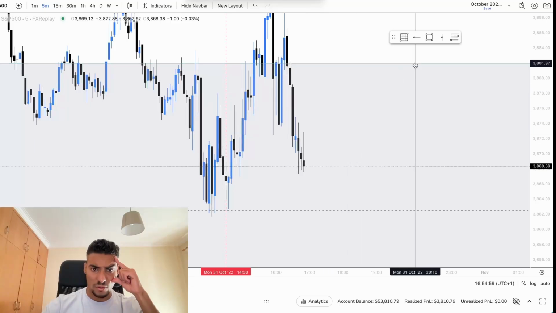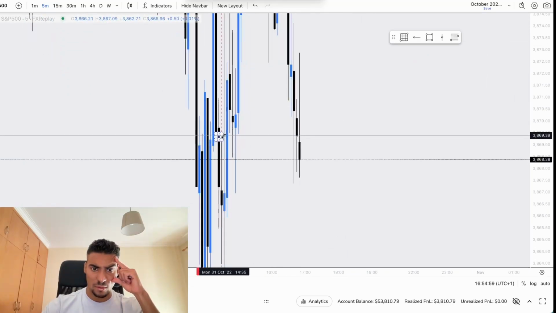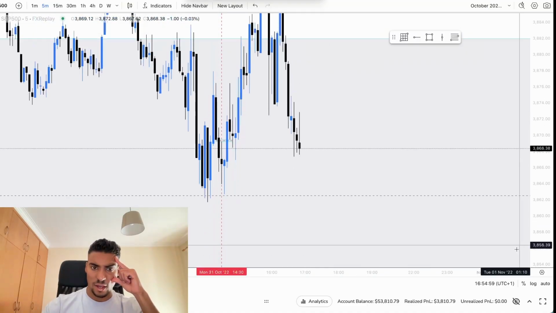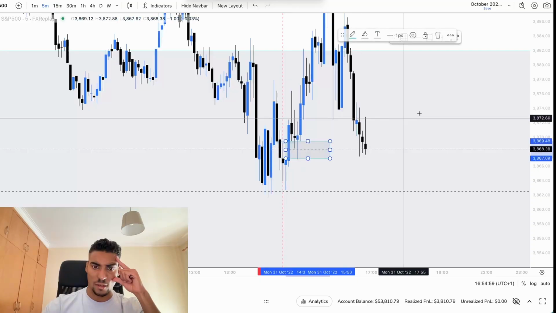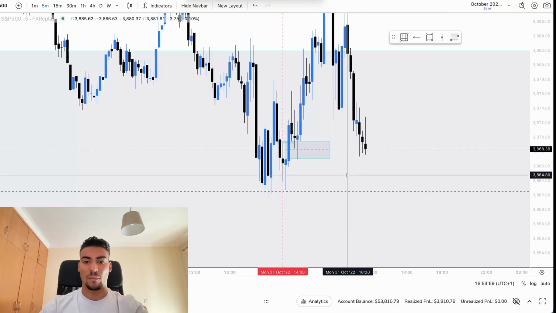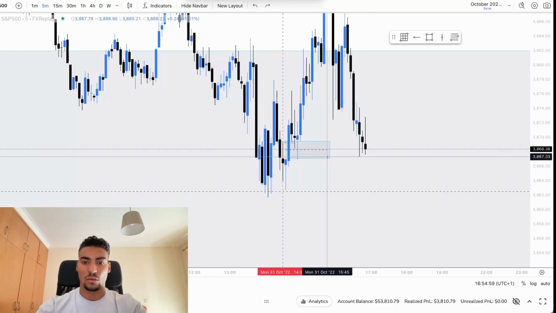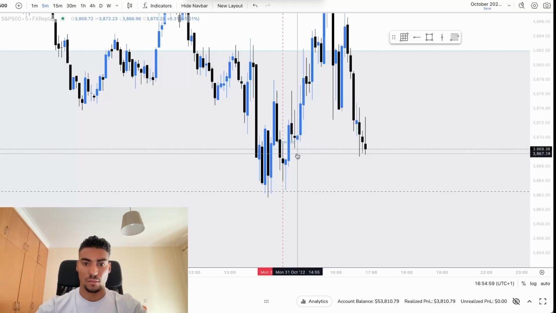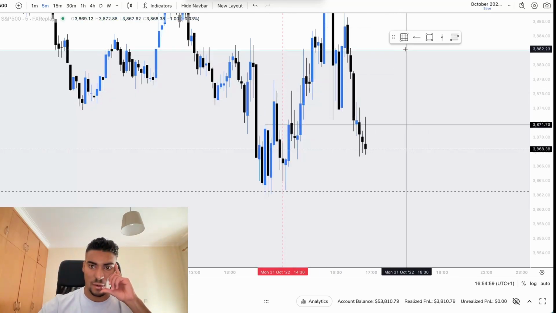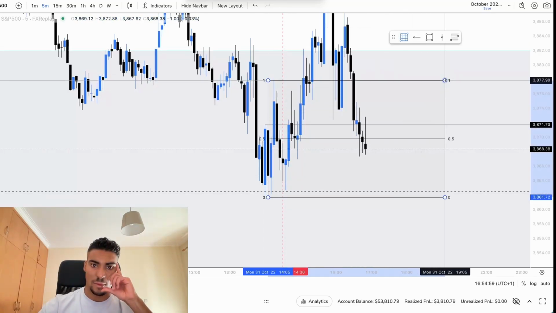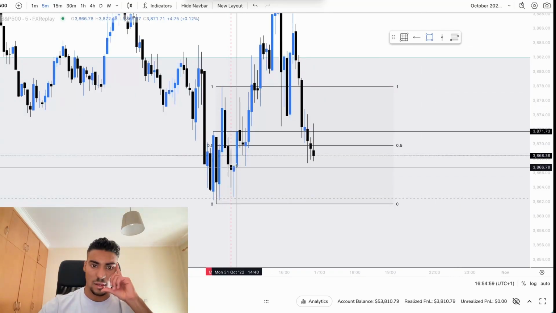I was seeing an entry here, but that was out of an inverse fair value gap. Is this an inverse fair value gap? Yes, it is. Okay, nice. So we get this tiny inverse fair value gap, then we get a retracement into a fair value gap, boom, right here. Actually, we get that prior to these confluences, but it's pre-market, so I don't know if I should consider it. But we have a breakout of structure right here. Then we have a retracement into the equilibrium of 5 minute confluences. Not only that, we have a retracement into this.